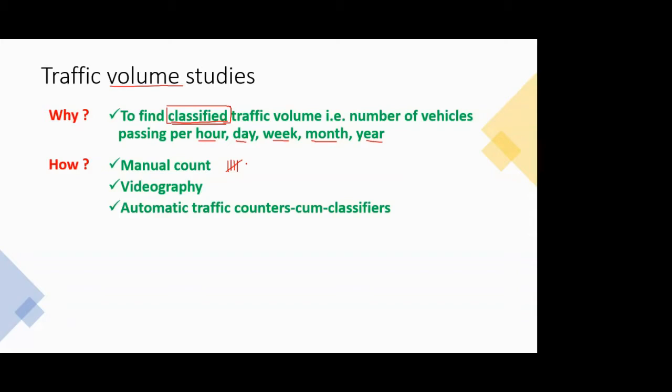So if you are allotted the task of doing the traffic volume studies, or what we also call the classified traffic volume count, CTVC, and you are supposed to do a 24-hour survey, then it tests your skills and also develops your skill, in how you will ensure that there is the least error. This should be your motto while doing a manual count: the error should be minimum.